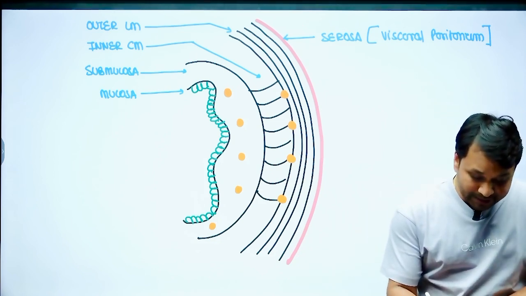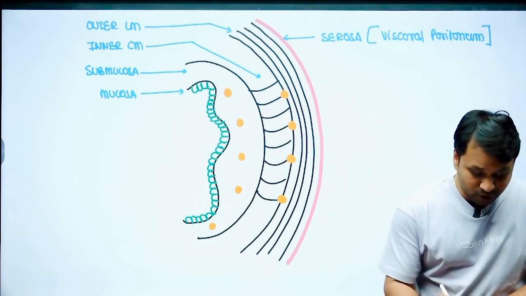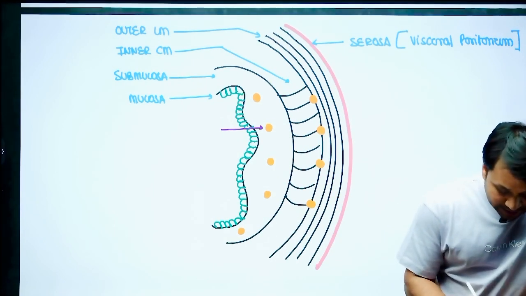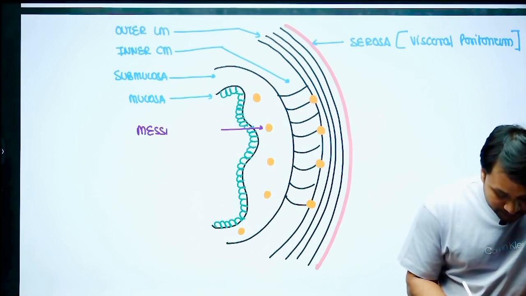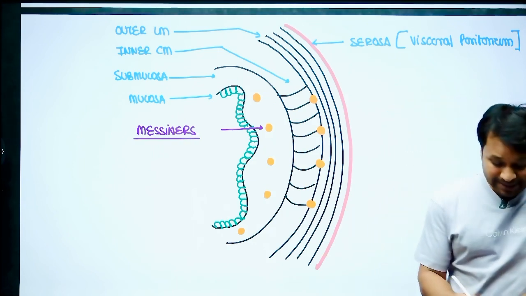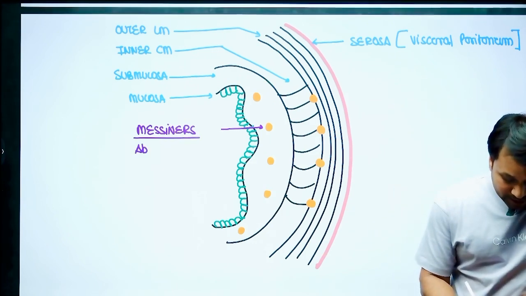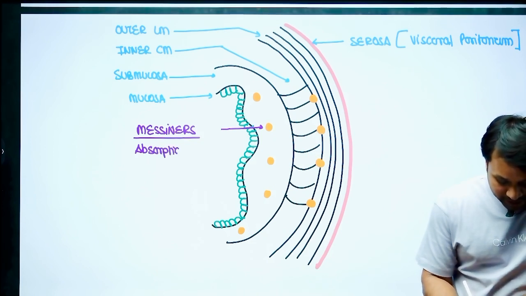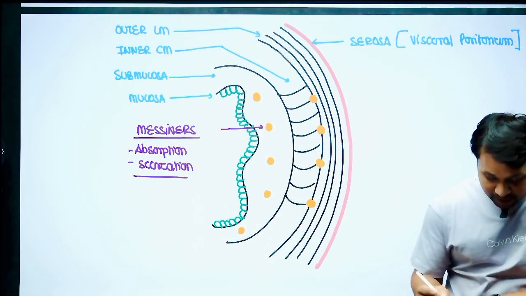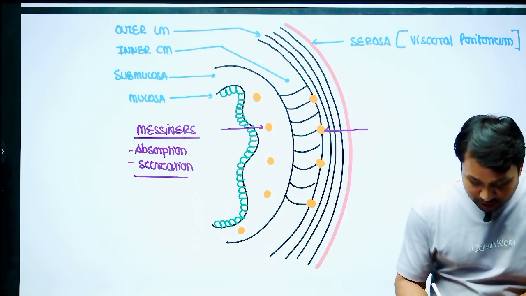Now, why it is interesting is because of their function. The one that is present in the submucosa, these are what we call the Meissner's plexus. Now, because they are present in submucosa, their basic function is to cater absorption and secretion. So, they are responsible for absorption and secretion in the gut, whereas your outer ones, these are your